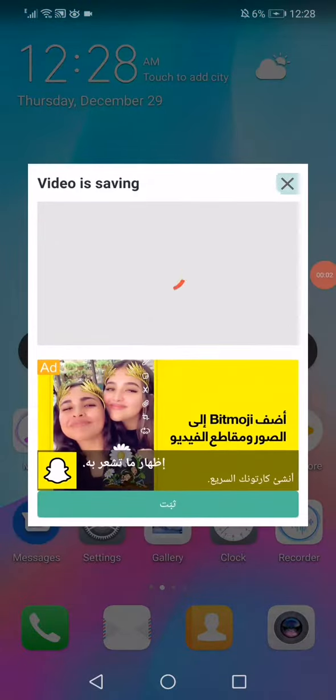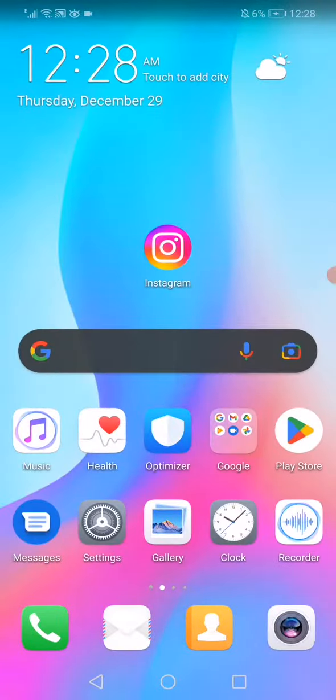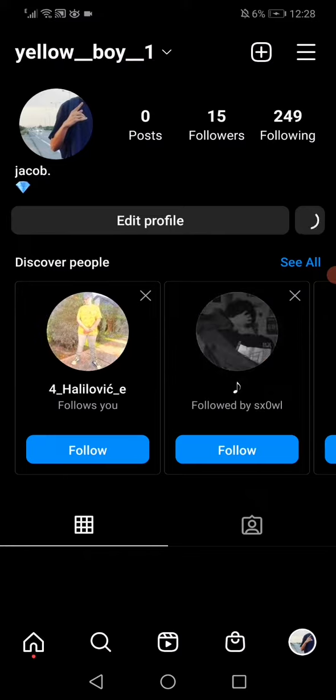How to fix Instagram "you can't send messages for 3 days" easily and fast. All you want to do, guys, is very simple. First thing, open the Instagram app, go to your profile, go here